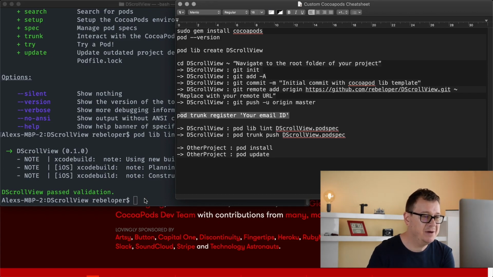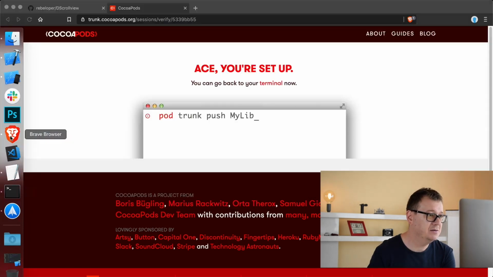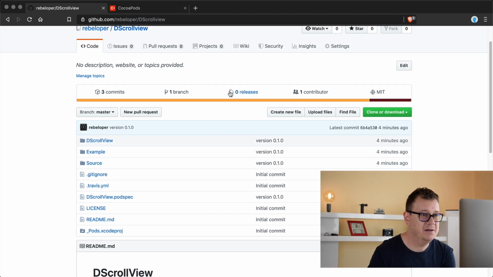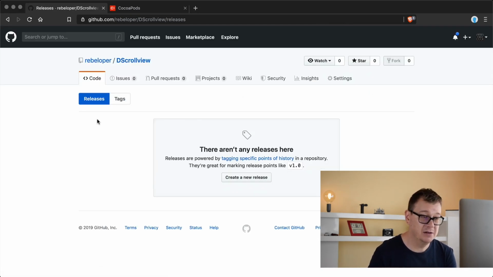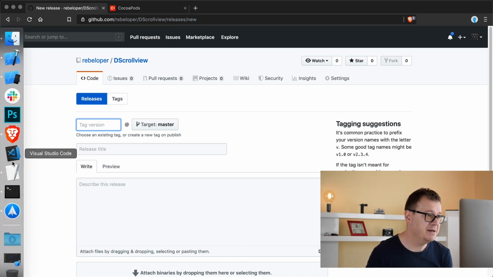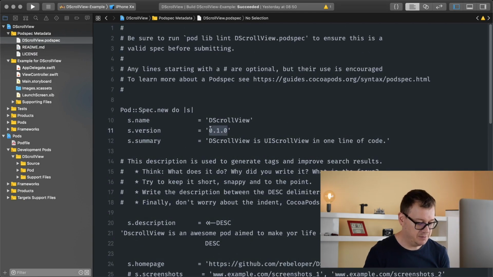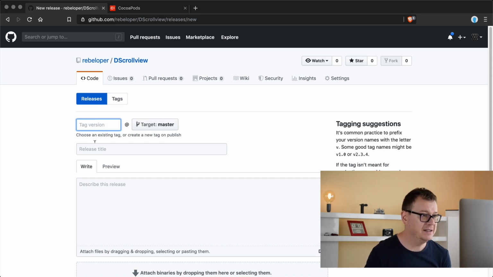But before we do that, we need to create a new release. So let's go back to our browser here, and you can see that there are 0 releases at the moment. And make sure that you have committed all your changes, because we are going to create a release from the current master. So let's click, select releases, and let's create a new release. And this release will have the tag version that you have specified in your podspec file, and that is up here,